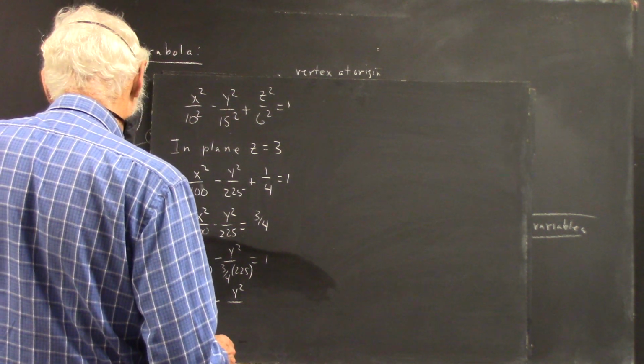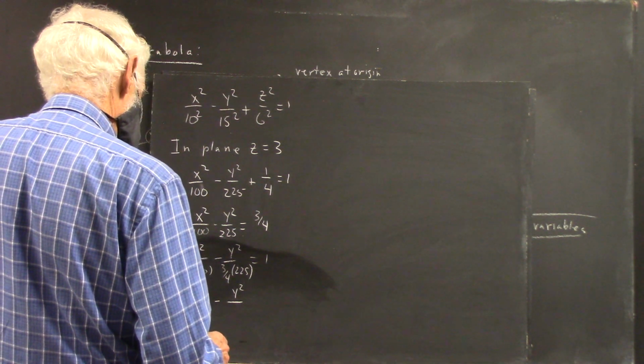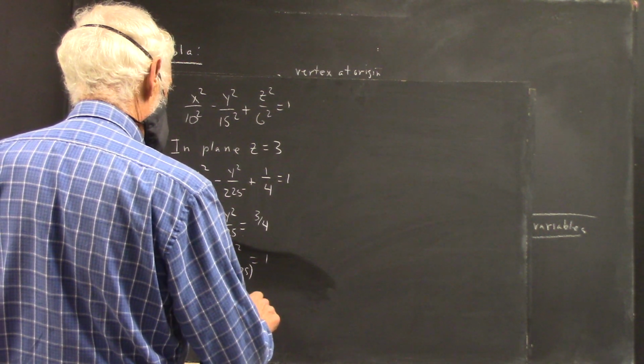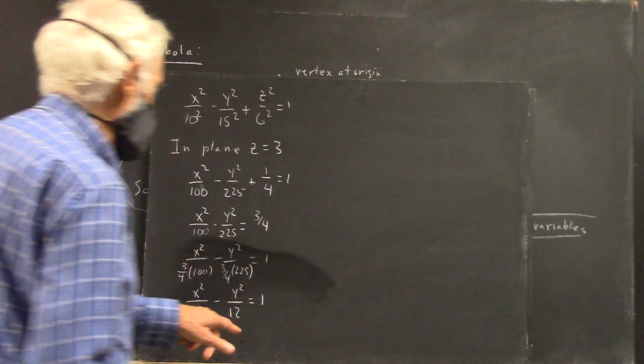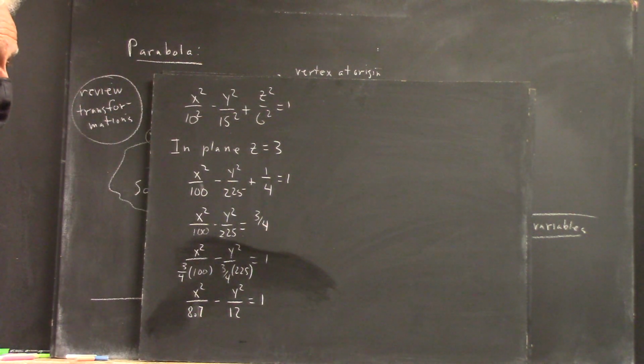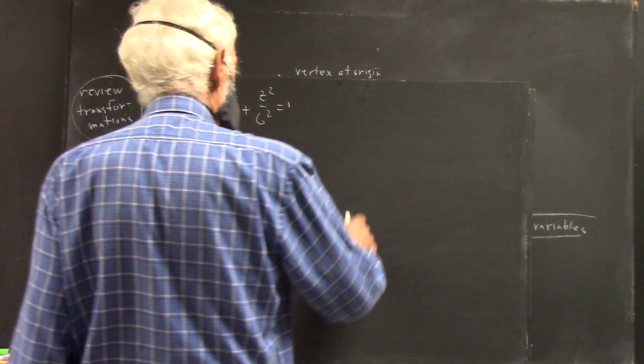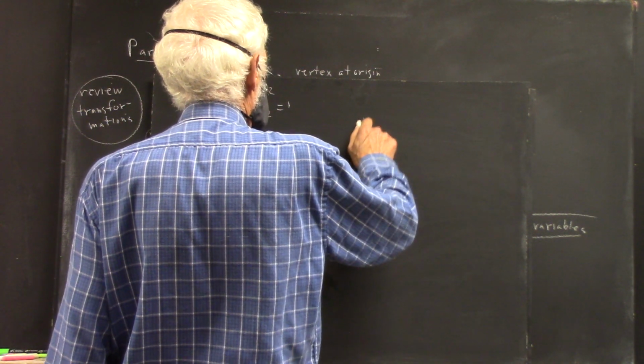Okay. And minus y squared over, I'm just going to say 12 equals 1. Of course, you can work out these numbers. Well, what you see from this is that